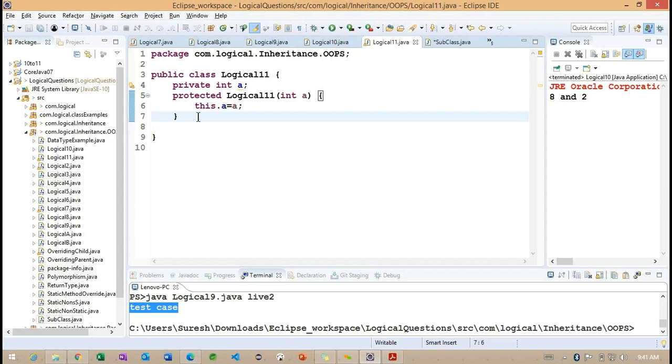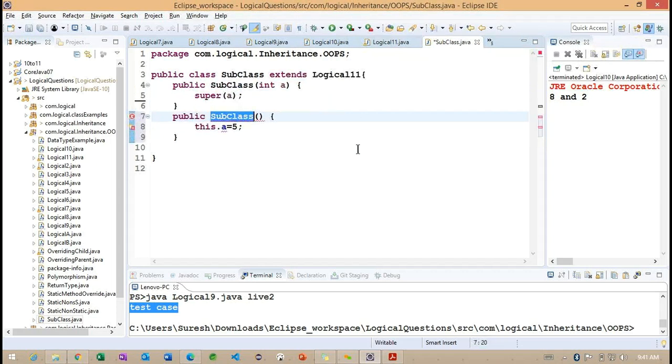Whatever features we have, we need to copy, and with the constructor-related information, we need to create the same constructor that we have seen in the superclass. If we provide any specific constructor, then those constructors need to be created in the subclass. Otherwise, we are going to get a compilation error.